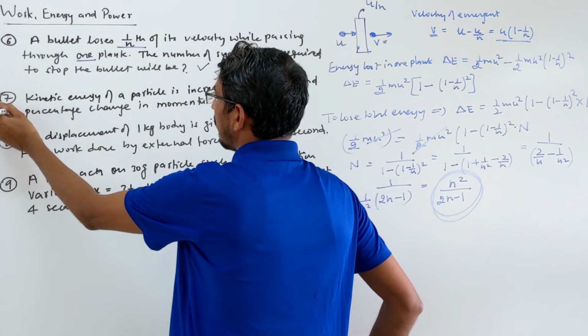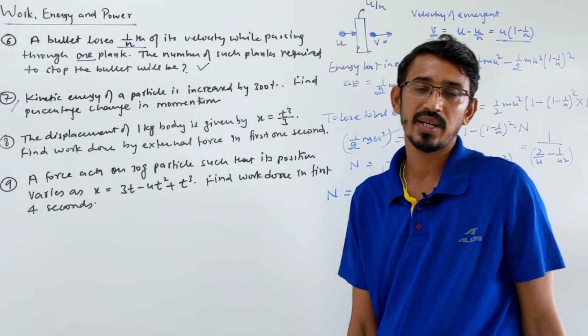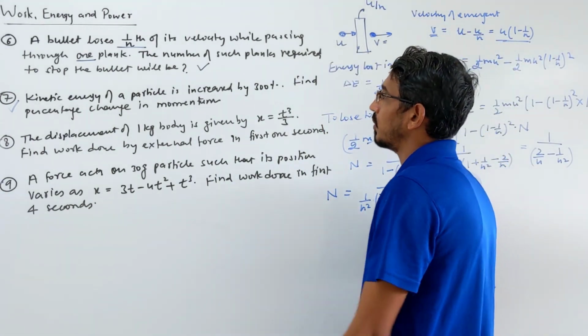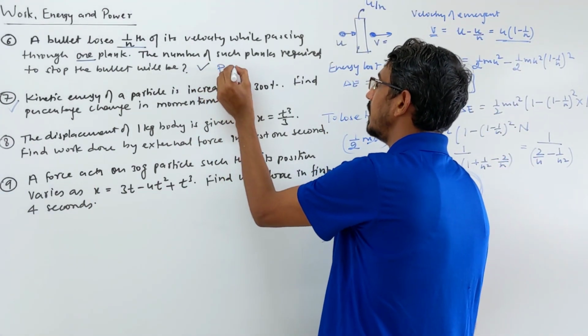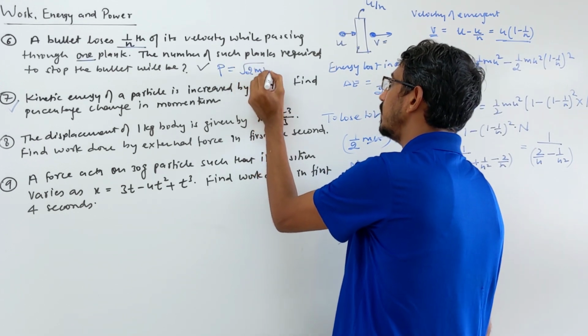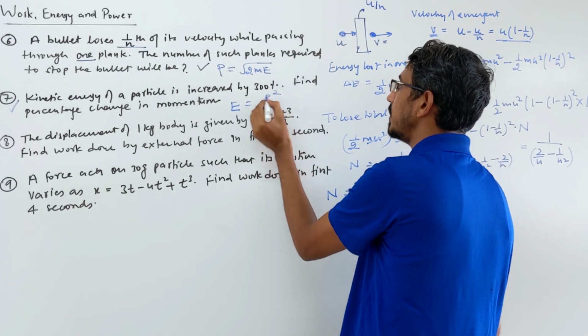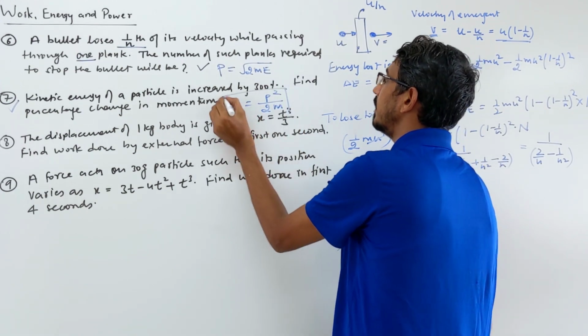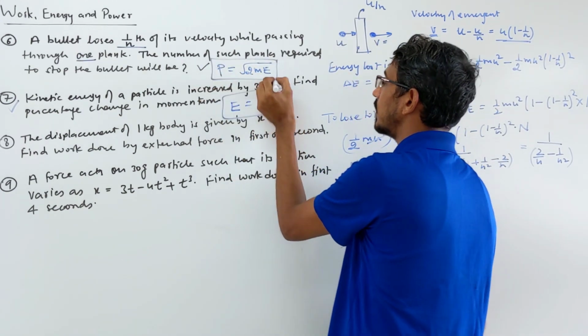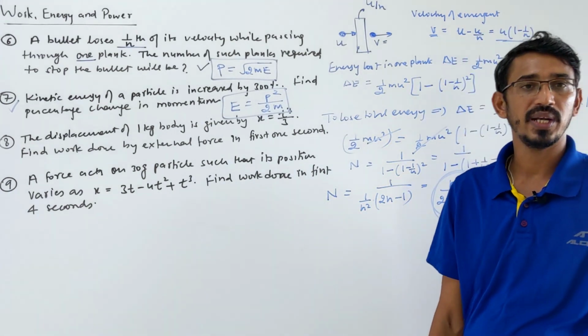This question is also very important: momentum and kinetic energy relations. I have told you many times, but if you still don't know, I am telling you that momentum P is equal to root 2m into E in terms of kinetic energy, or kinetic energy is simply the opposite of this, P square upon 2m, right? Very common, we have learned it in Newton's laws also. So these are very important relations, okay?